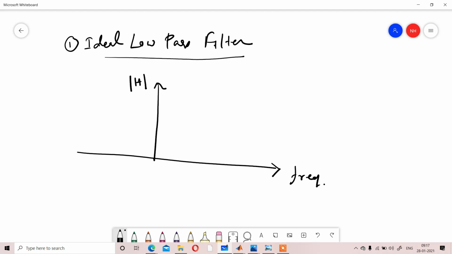If we consider the Fourier transform, we are calculating H to the power j omega, or H to the power k in case of DFT. That H defines the magnitude as mod of H. So mod of H will be defined over the y-axis, and the x-axis defines the frequency.